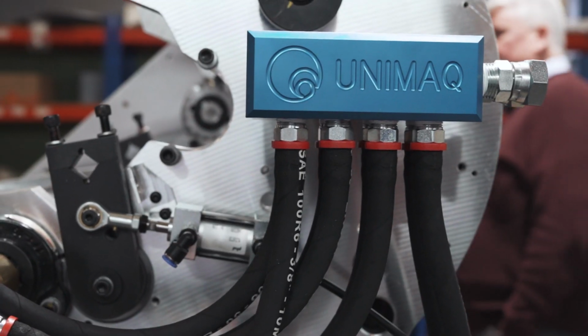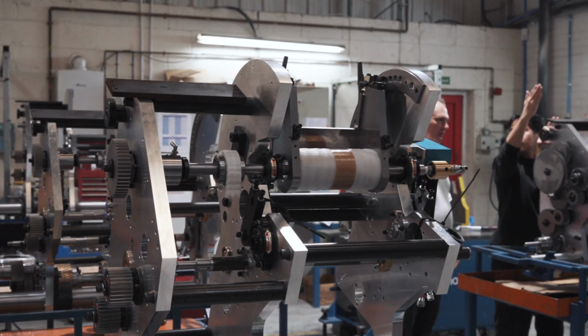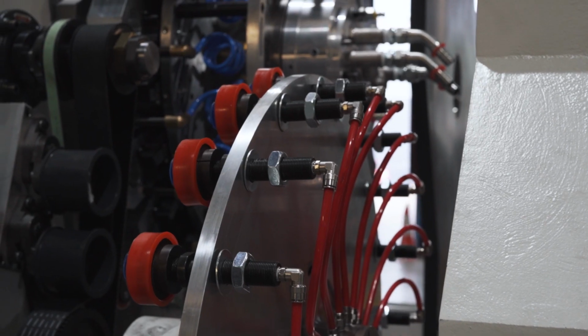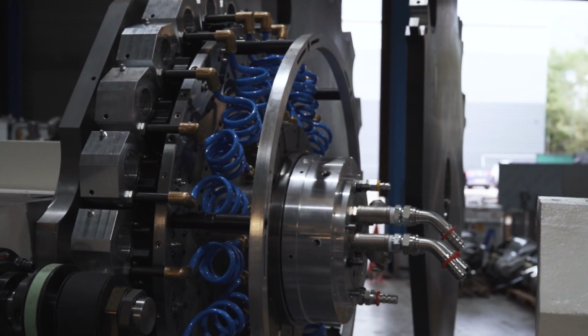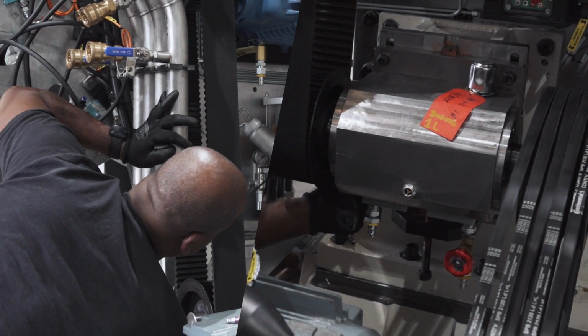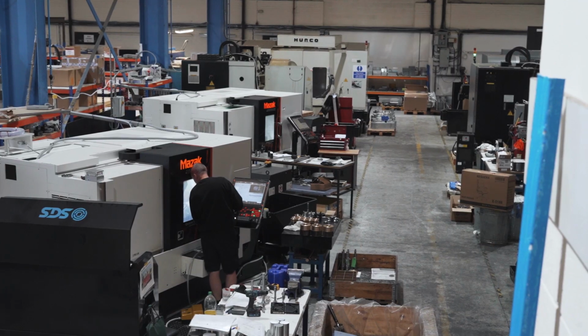So Unimaq is a manufacturer of two-piece aluminium beverage cans decorating machines. We print the logos on the outside of cans, so if you take a Coca-Cola can or a Pepsi-Cola can or a beer can that you see in the supermarkets, our machines typically print those. They're very sophisticated machines, they work at very high speed, so one of our decorators typically prints up to 2,500